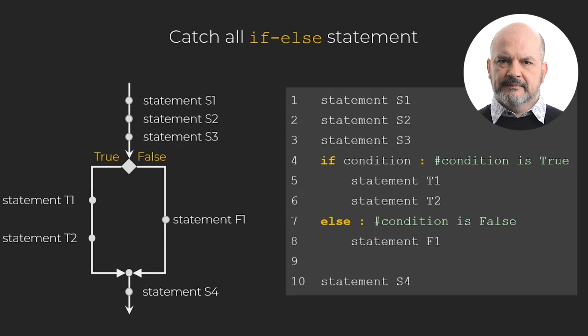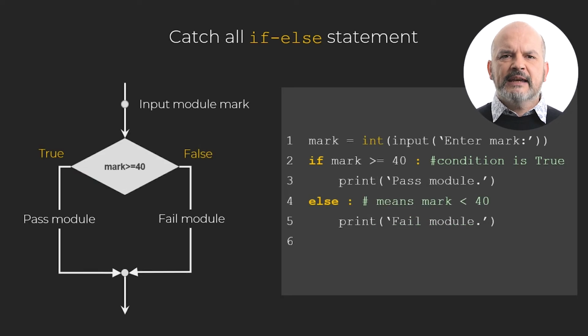one gets executed. For example, if you want to check if a student passed a module or not, the condition checked if the mark is greater or equal to 40. If that's the case, the student passed the module, otherwise the student fails the module. The else clause catches all other cases, that is, all marks that are below 40. Note, this is implicit and we don't need to add the Boolean expression to the else clause. Having said that, it is sometimes useful to add what the else clause means in a comment as shown in